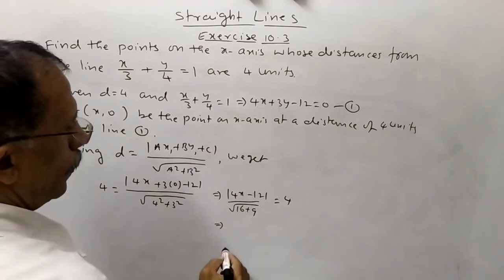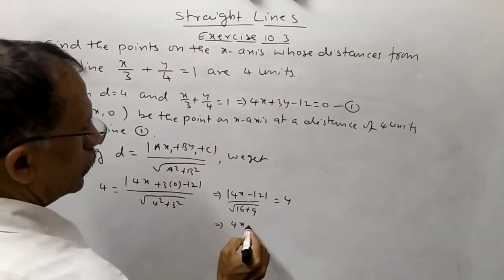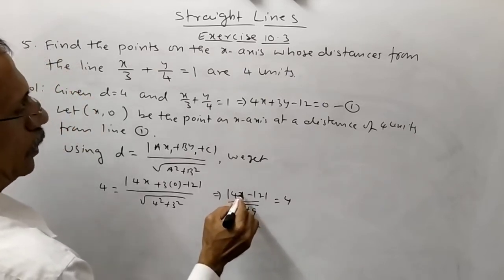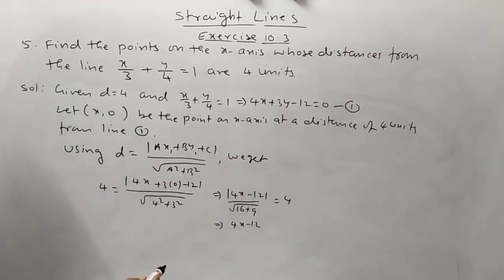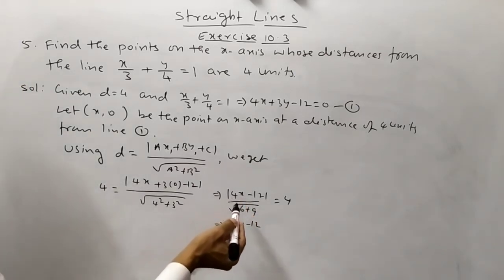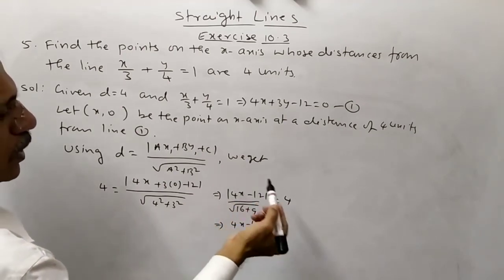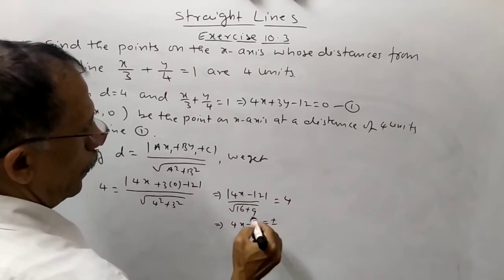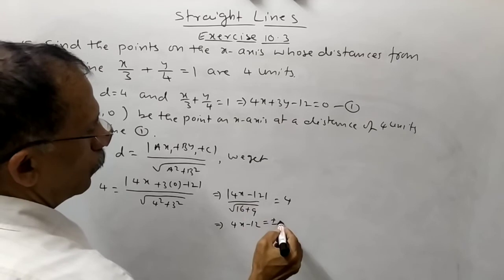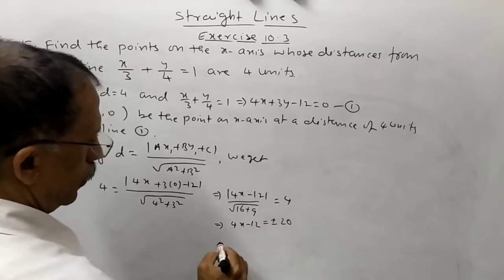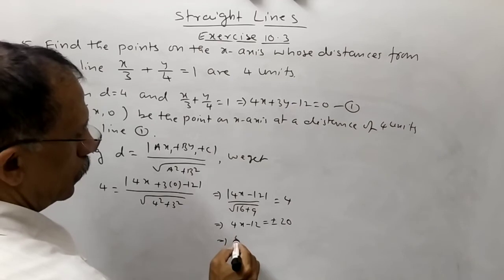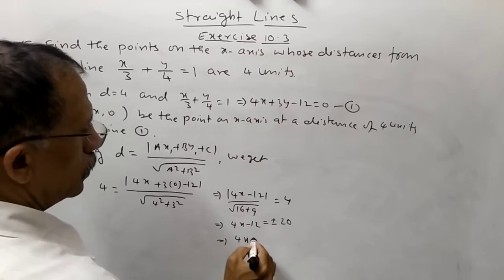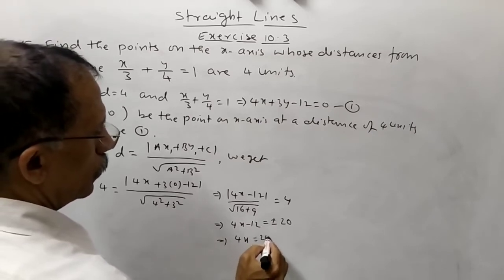This implies 4x minus 12. When we want to get the value of x from the absolute value symbol, we have to take plus or minus. Either you can take left side or right side, it will not make any difference. Plus or minus 4 into 5, that is 20. This implies 4x is equal to 20